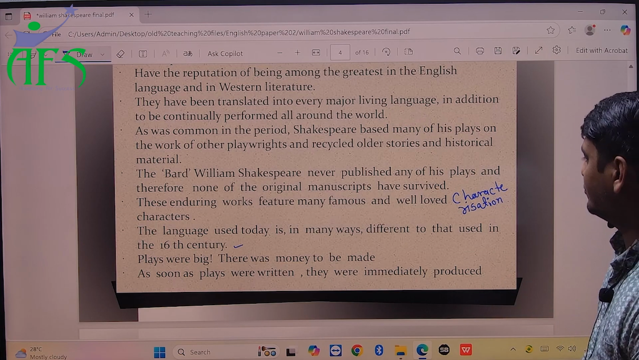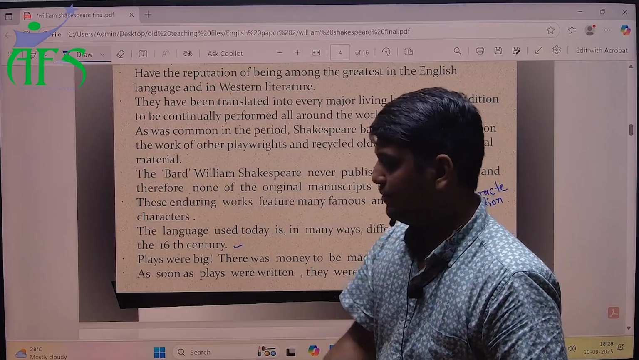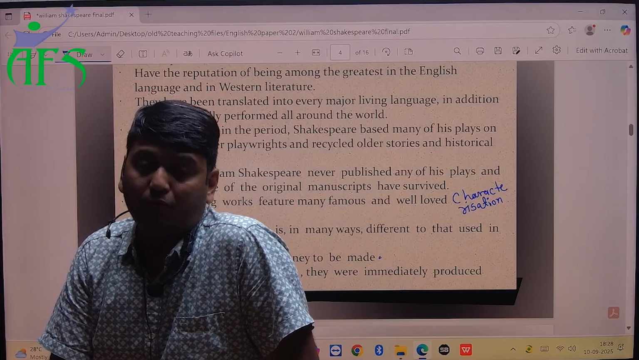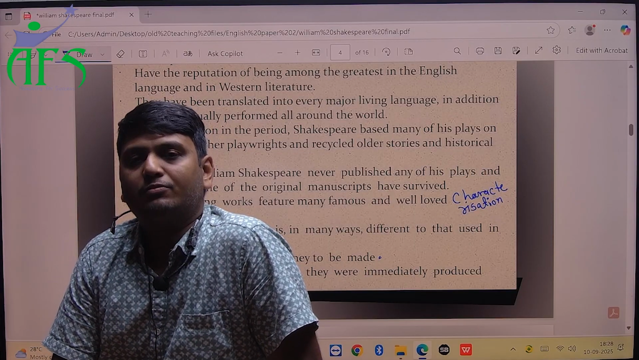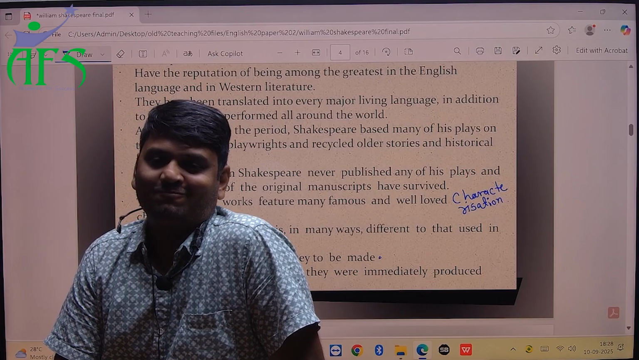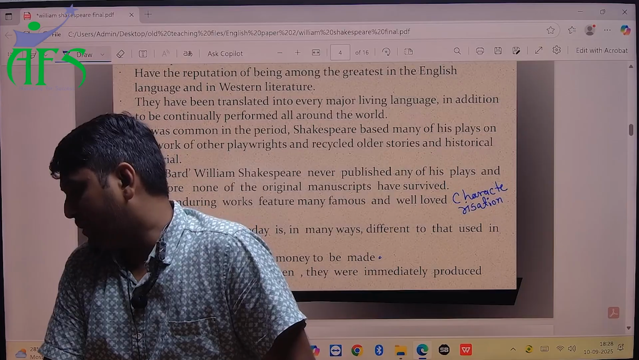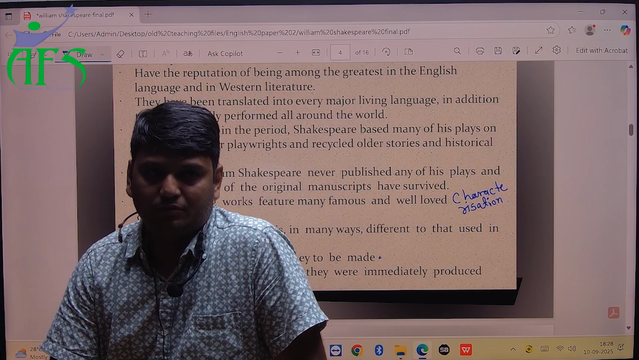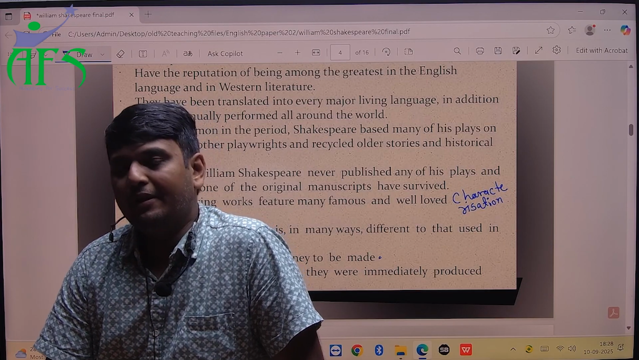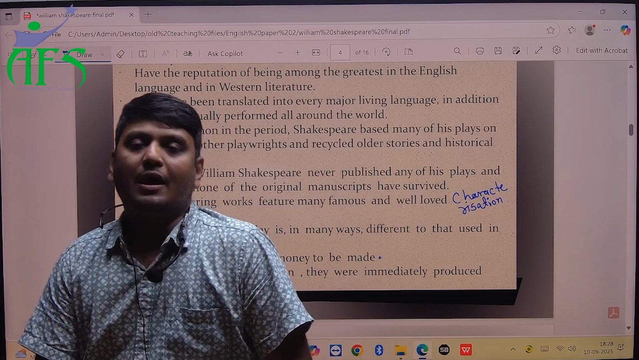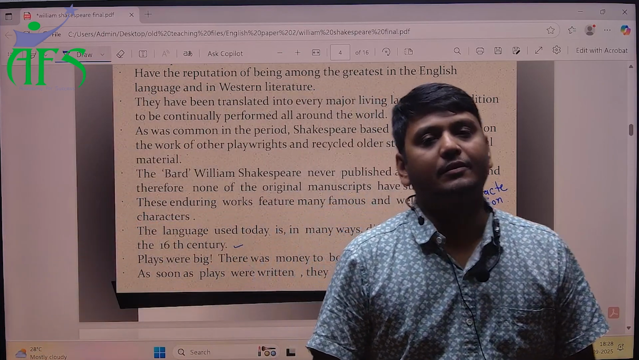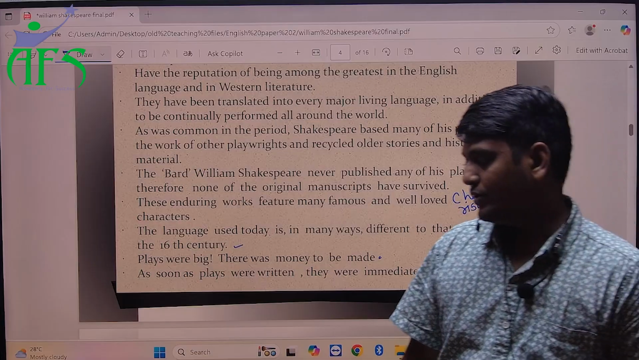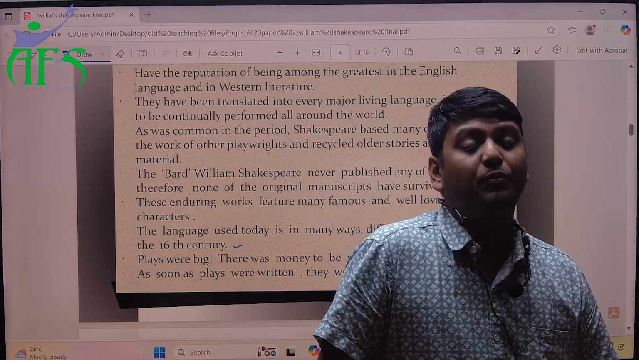So plays were big, there was money to be made. Plays had a very important role at that time, and they gave more profit to William Shakespeare. Why? Because he was the writer himself, the producer himself,